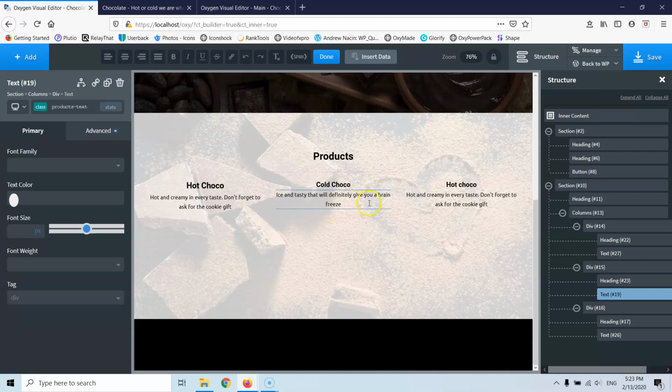Definitely. Okay. And I want something here, but I want to put here something more than just two words, because I want you to see how I can create here three identical buttons or squares, even if the title is bigger or the text is a little bit smaller. So let's go here and put something like, okay, we have the hot, we have the cold, and I don't know,